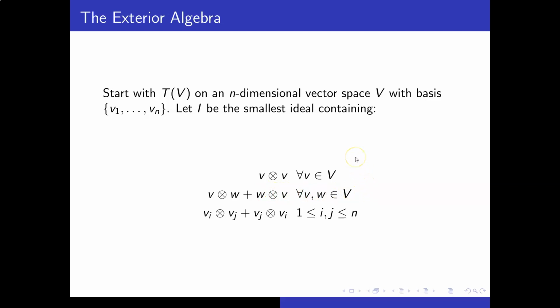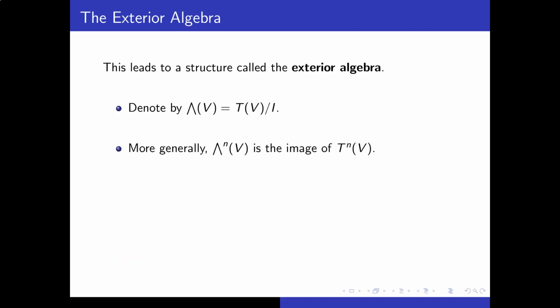Now, we're working with a vector space, so I could just throw in the basis vectors, vi tensor vj plus vj tensor vi, and that would be enough. Linearity and closing out the ideal, multiplying on the left and the right, would get me all v and w. Okay, so we're going to throw all of those things into the ideal, and this leads to what is referred to as the exterior algebra. The exterior algebra is denoted with a wedge. That's this shape here. It is the tensor algebra modulo the ideal,